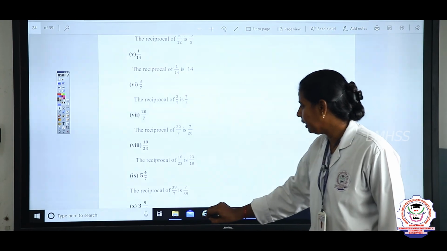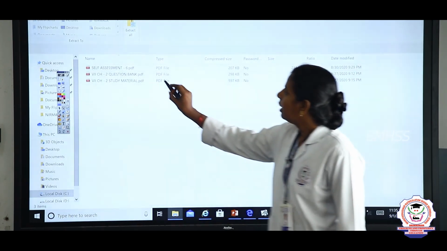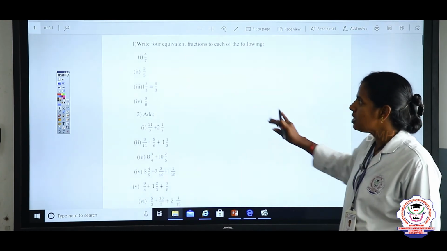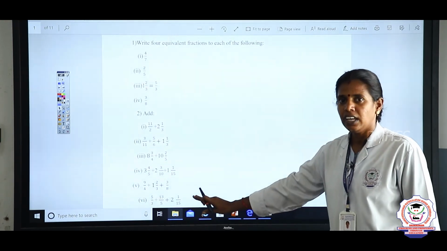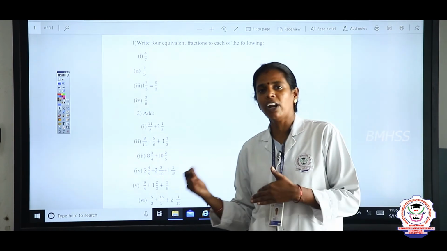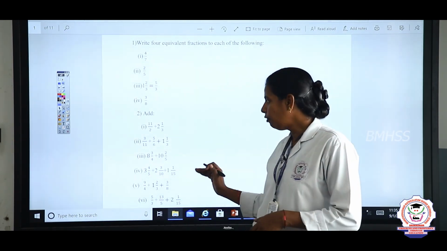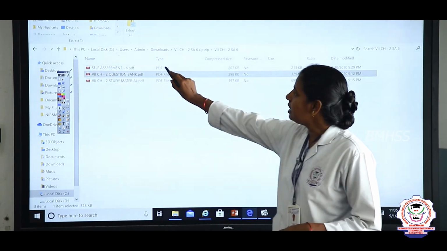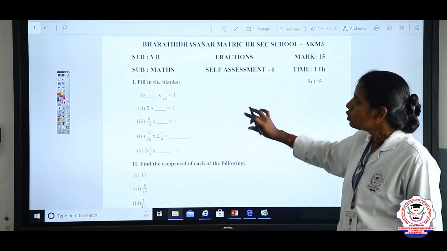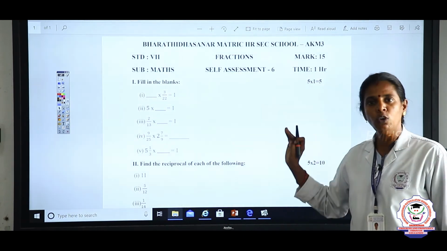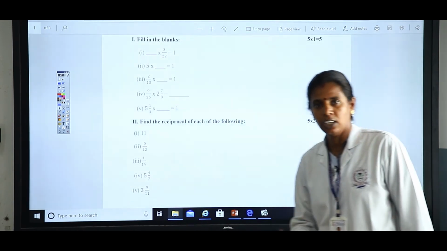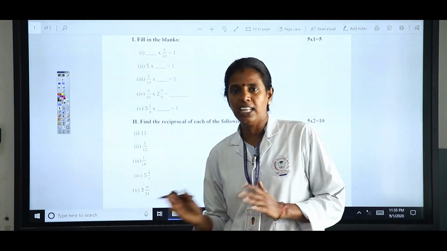After you complete this, to practice, a question bank is attached in which only the questions are given. Using these questions you can practice before writing the test. Okay. After you finish this, we can see the self assessment question paper which is attached in this itself, children. So in this self assessment, minimum 15 to 20 or 30 marks you can write the test and you can evaluate yourself how much you have learned in this session, children.